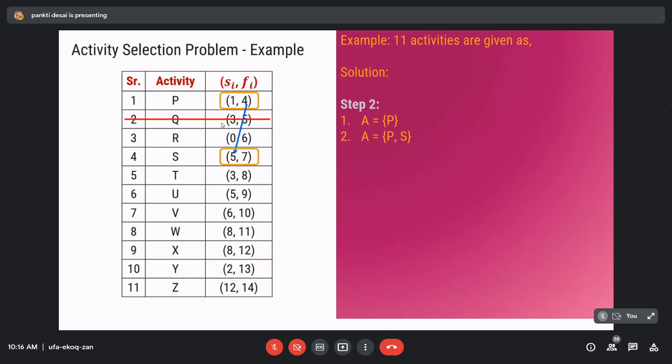So can we add the activity T in solution set A? Hello? Can you hear my voice? Yes, ma'am. Okay. So can we add T into solution set A? Yes. No, ma'am. No. Who said yes?